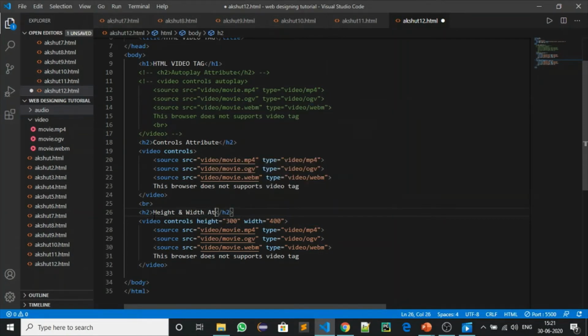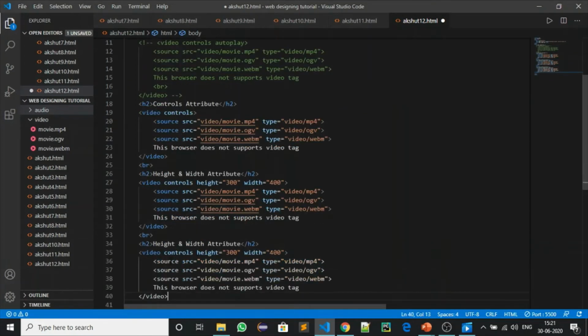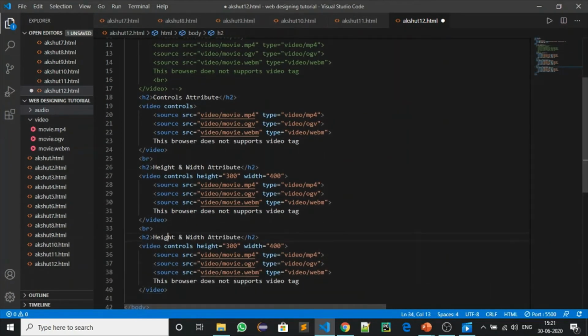Now I will write the attribute. I will copy this one also and paste it here. Okay, I will change the height and width to loop, and here I will remove this height and width also, and I will put loop.